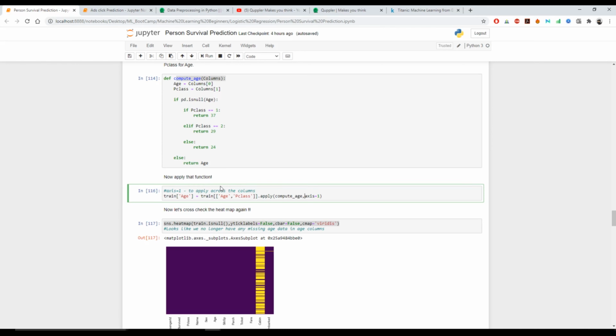After plotting the heat map, we saw that most of the data is no longer missing. For the cabin information, we found it irrelevant and dropped it. Once we dropped the cabin column and the embark column, our data was clean, and then we converted information into categorical features to feed to our data set.